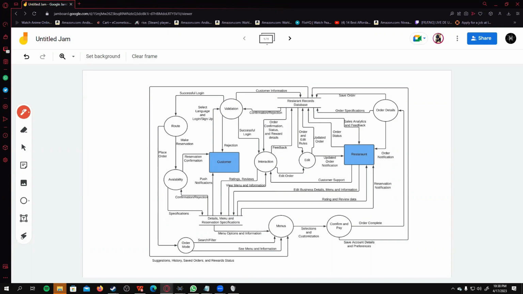So for example, if the customer would log in here, the validation process would take their login information and send it to the records data store here, and send a confirmation or rejection back. Upon successful login, they would be sent to the two main processes of the system, which are route and